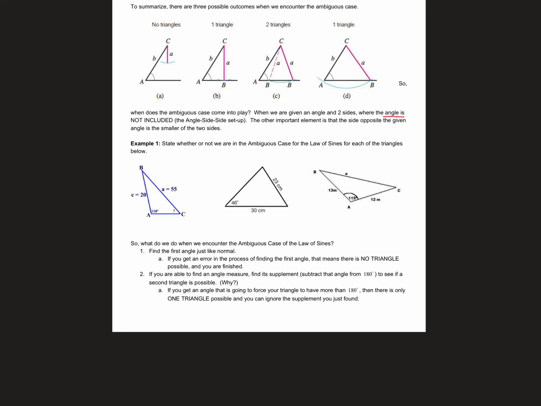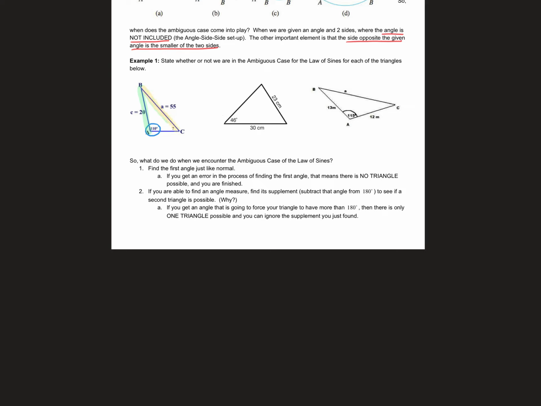So the angle is not included, and the side opposite the given angle is the smaller of the 2 given sides. So just for a moment, let's look at these 3 triangles and figure out whether or not we are in the ambiguous case. So in triangle B, here's our angle that we're given, angle 110. If we look at the two sides that we are given, this side and this side,